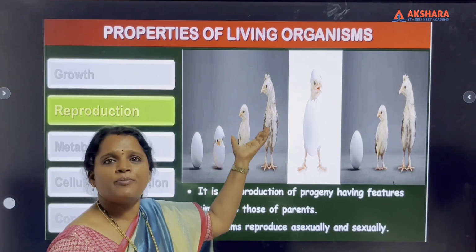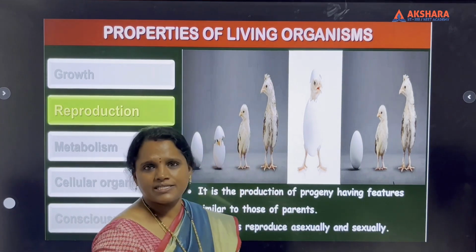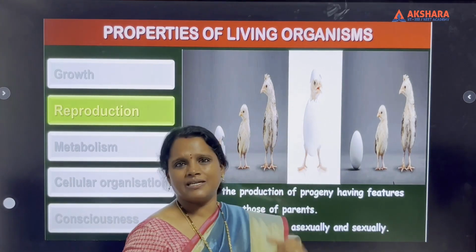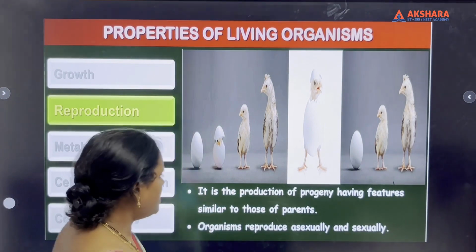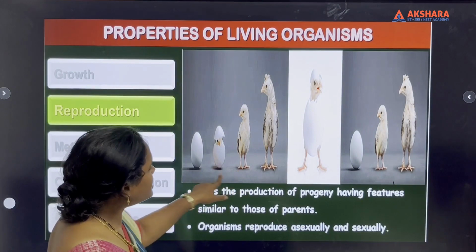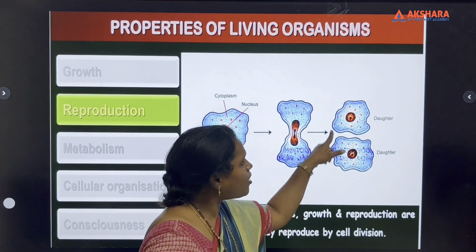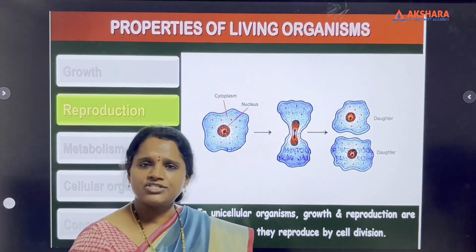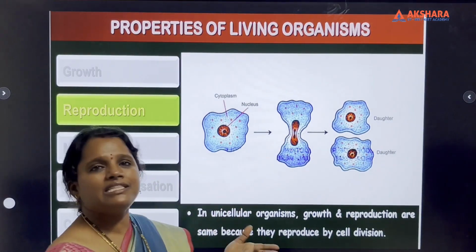Organisms which are produced by sexual reproduction are not exactly the same as their parents. A few features and characters will be changed, but they look similar. Similar individuals are produced, which we call species. Whereas in asexual reproduction, organisms divide and produce exact copies of their parent. They do not show any morphological or structural changes. Asexually and sexually they reproduce.